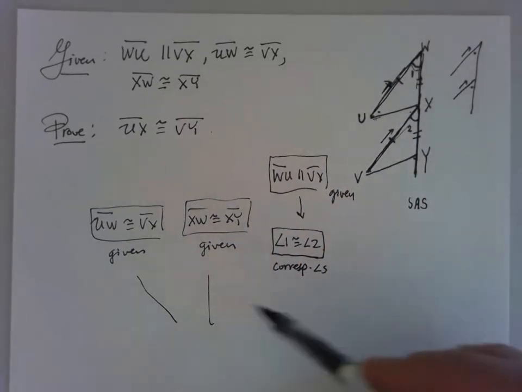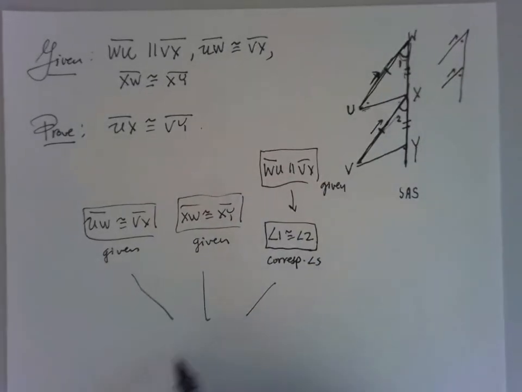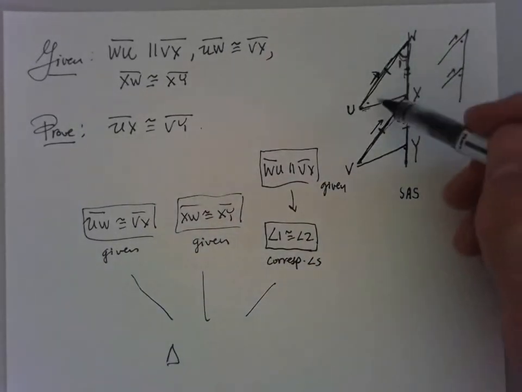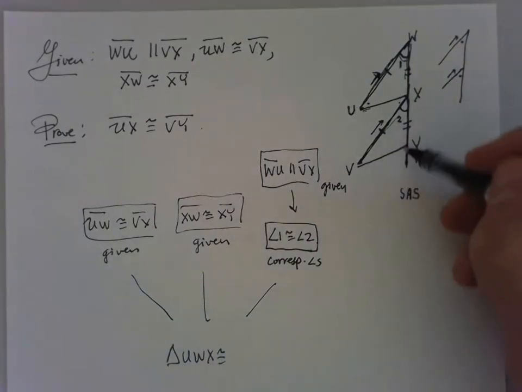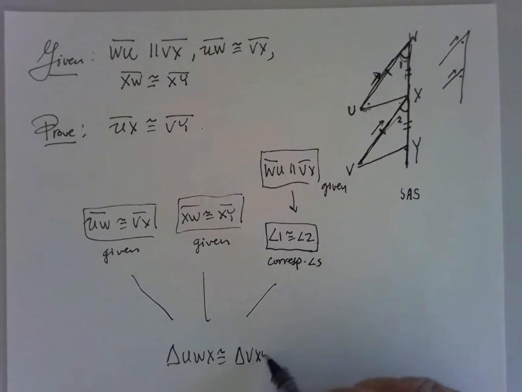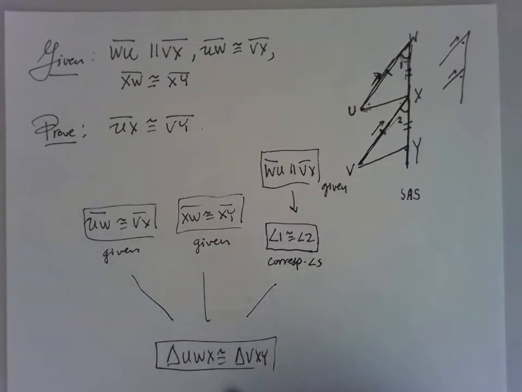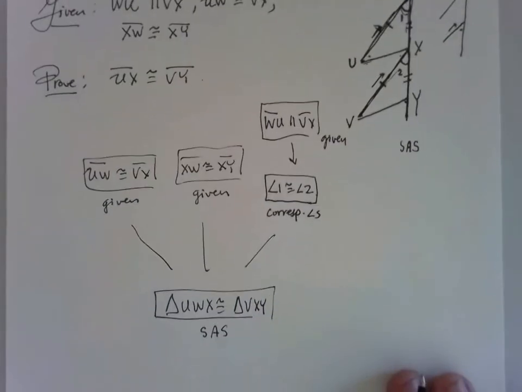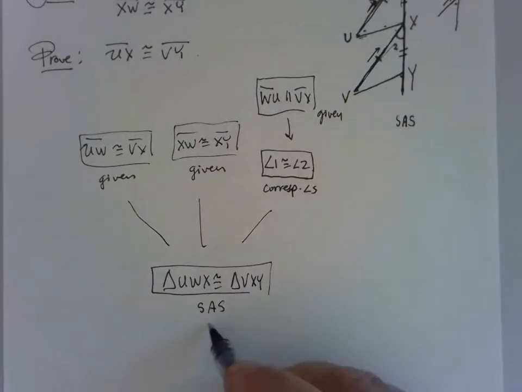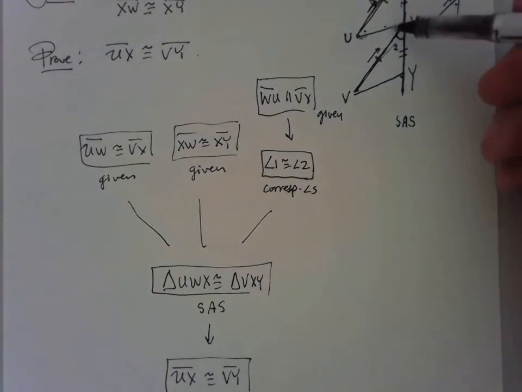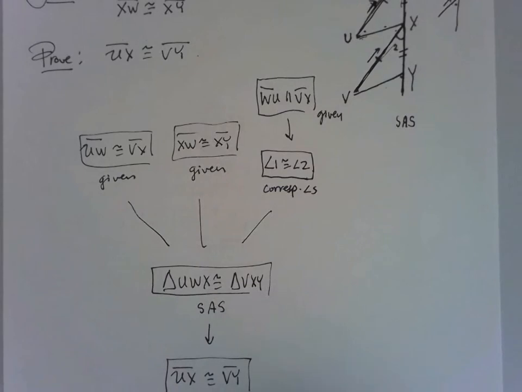So now that I've told you that I have SAS, I may deduce that the two triangles UWX and VXY are congruent by a side angle side argument, and then therefore what I'm trying to prove, UX and VY, are in fact congruent because UX and VY are corresponding sides of the two